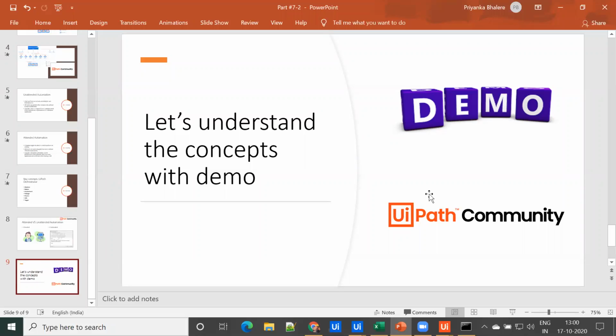So if you want to execute some bot while you are somewhere else, through Orchestrator, if it is hosted, as Priyanka showed, you can definitely do that through your mobile phones. And we don't need Studio or Orchestrator to run a bot or any process. All you need is UiPath Assistant. If you have UiPath Assistant, you can trigger your process.